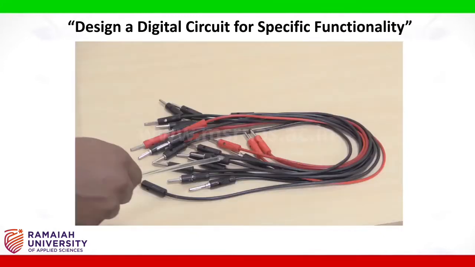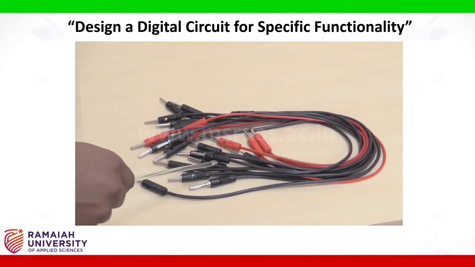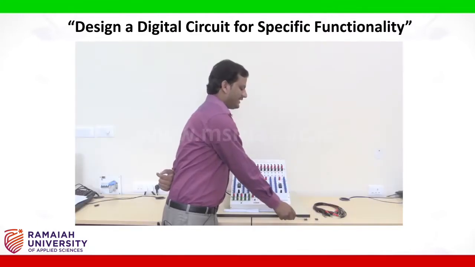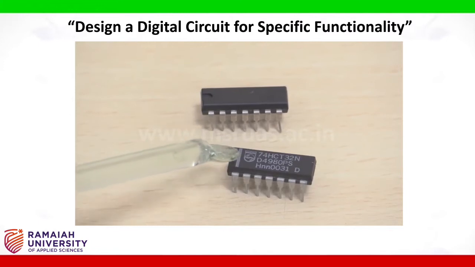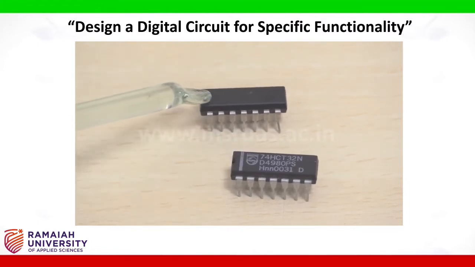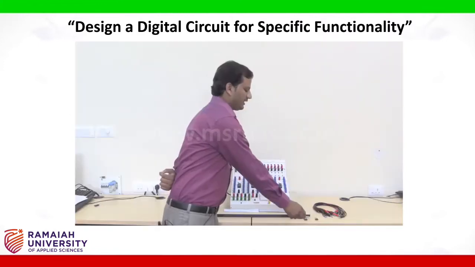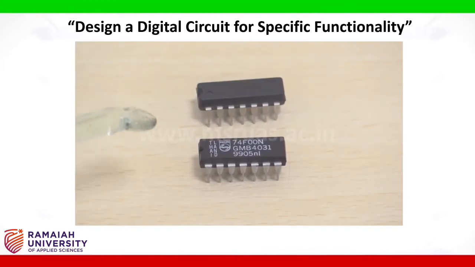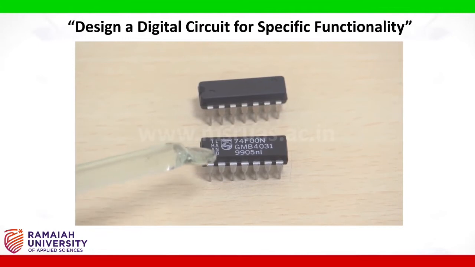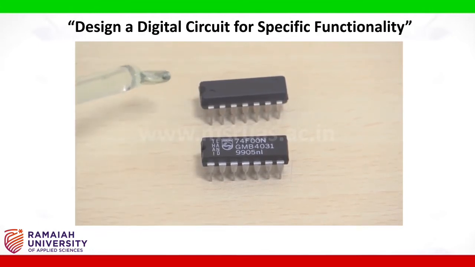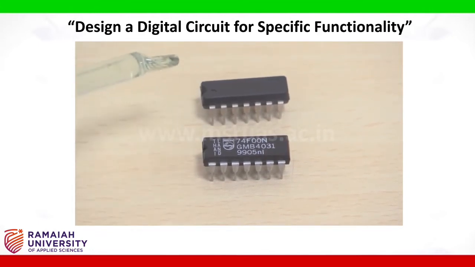Patch cards, these are the patch cards which we are using to connect the circuit. Basic gates, so these two are the basic gates which we use to realize the given function, and this represents 7432 and this represents 7408. And universal gates, so these are the universal gates which are used in this experiment. One is NAND gate and another is NOR gate, 7400 and 7402.